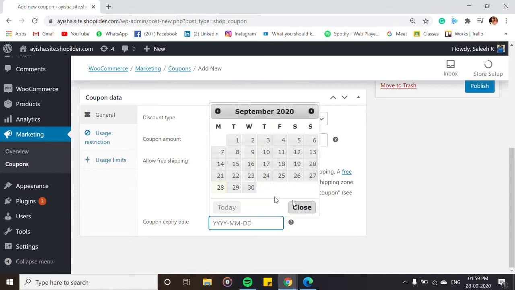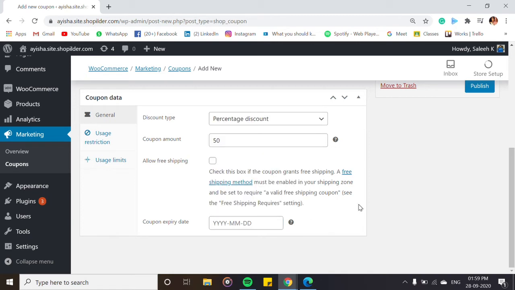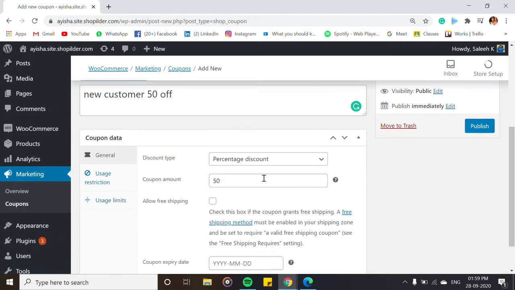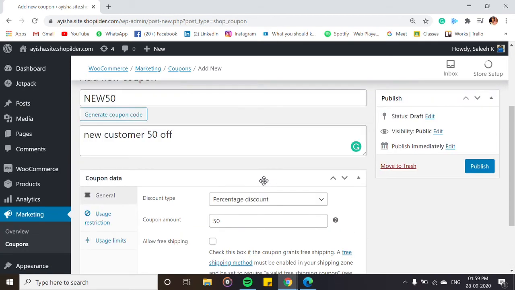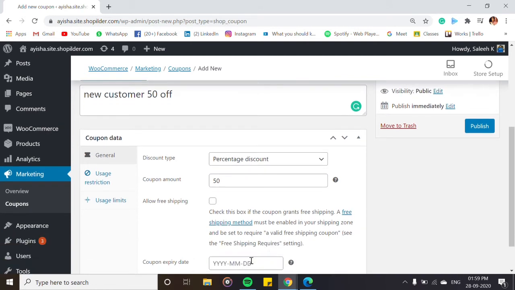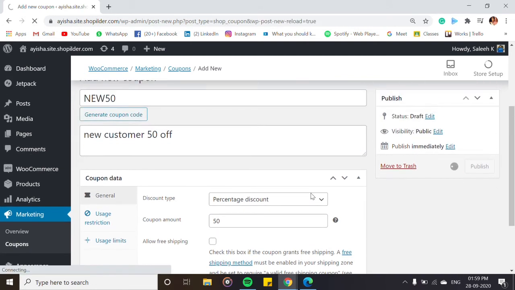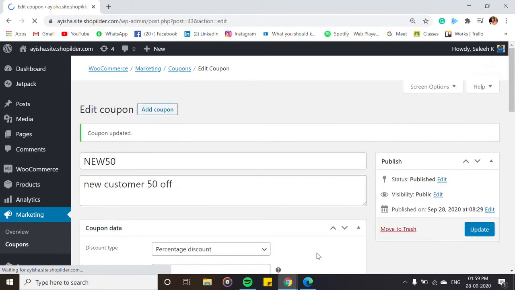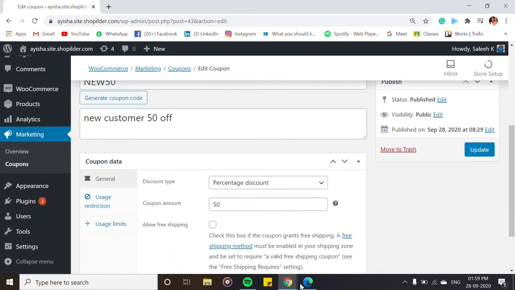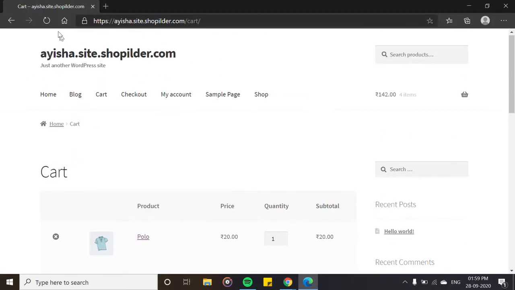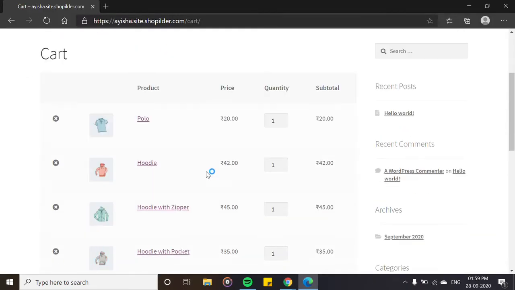You can also set when the coupon should expire. In this case, we want to give it to everyone, so let's just publish. I've just clicked publish. Now let's go to the website and refresh this.